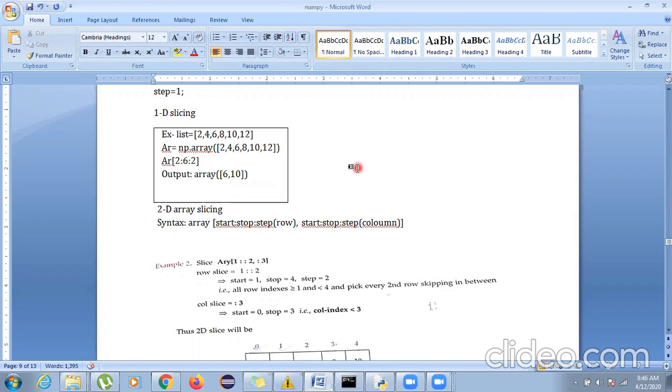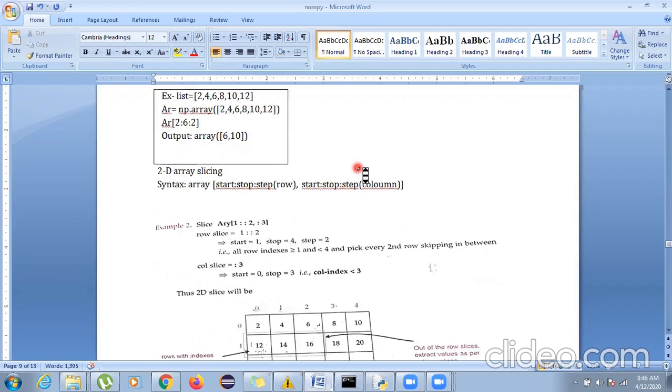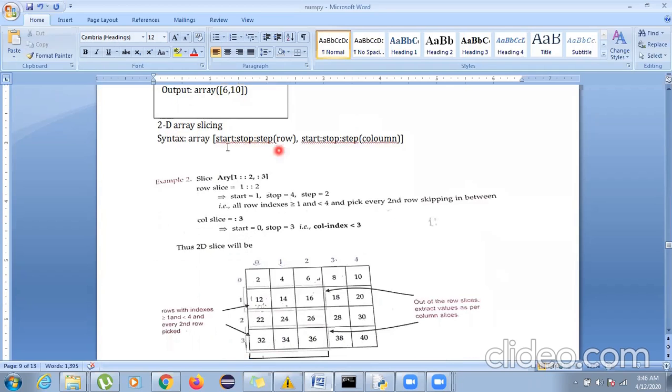If you want to do it with a 2D array, how do we slice this? We say the same thing for the row and for the column. For both of them, we have to mention it. For row also, we have to define start, stop, and step. And for column also, we have to define start, stop, and step. I will not take much of your time. We'll just wrap up soon after finishing the functions. We'll be taking the vertical slicing and all tomorrow. Not tomorrow, on Tuesday.